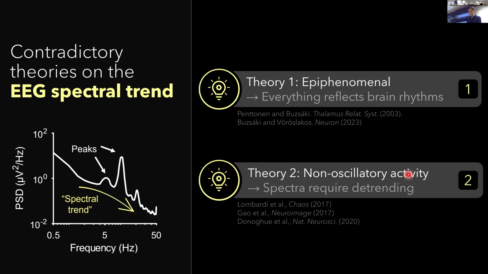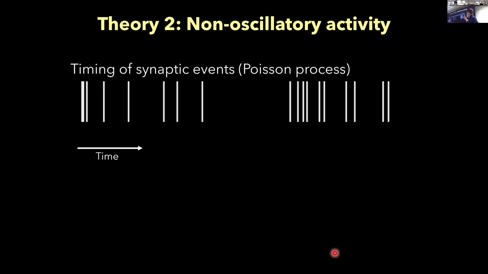Now, I'm going to go into a bit of the background for this because some of the mathematical framework will then be extended in some of the modeling that I'm going to show. But the most basic model of non-oscillatory activity in the brain is the Poisson process. And basically a Poisson process is just a random sequence of events. You can't really get more random than this. And this is a very often used model of brain activity. If you record from a single neuron in the brain, its firing looks quite a lot like this, which you might find surprising, but there is actually a large literature on why you might expect deterministic neural systems to give rise